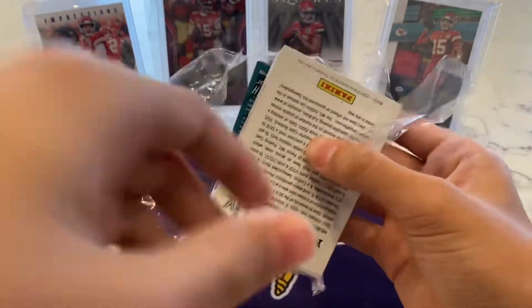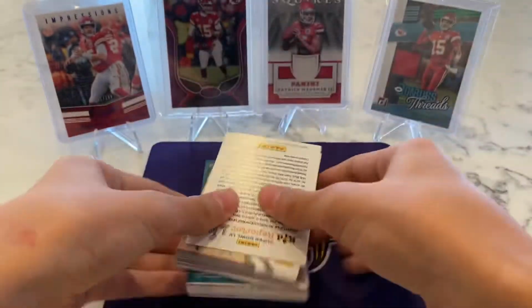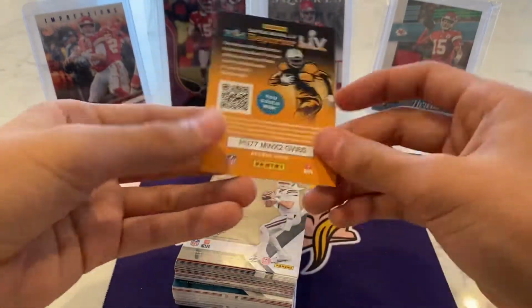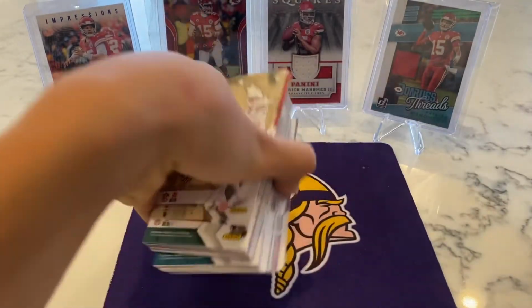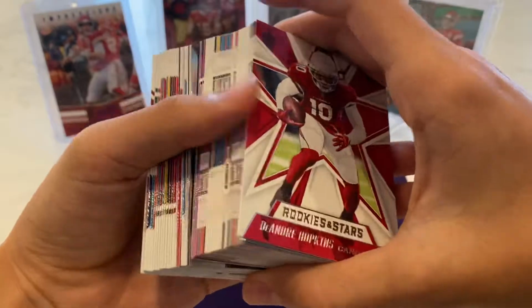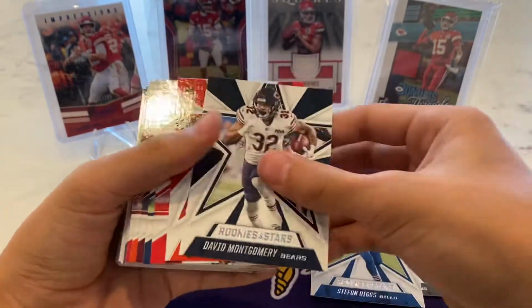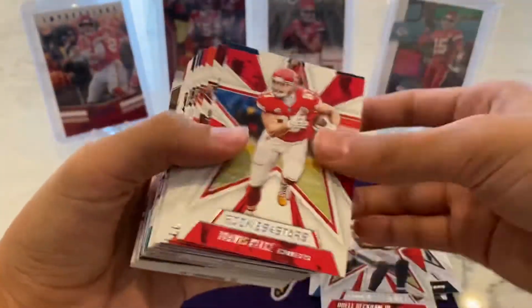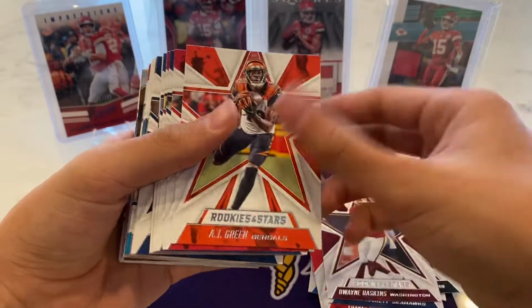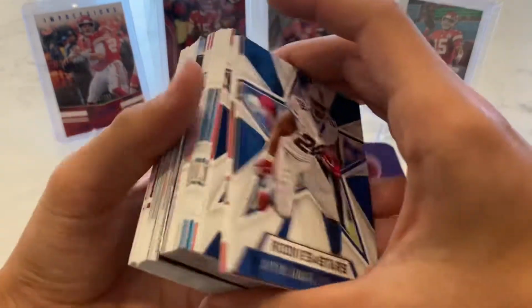Like these for our secondary market. What is that? It's like a little bend to it. But that's fine. It's just the Kid Reporter. So let's go. Hopkins, Waller, Diggs, Montgomery, Odell, Kelsey, Lockett, Haskins, Green, Ryan, Mack, Murray, Josh Jacobs,